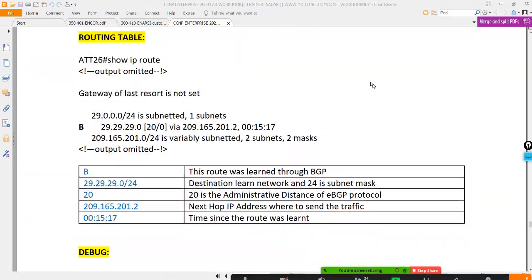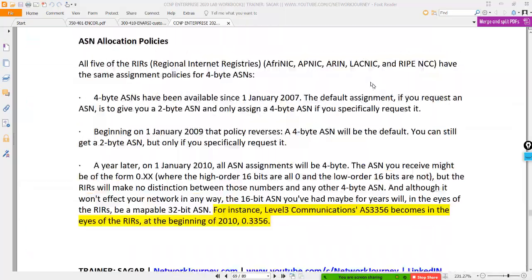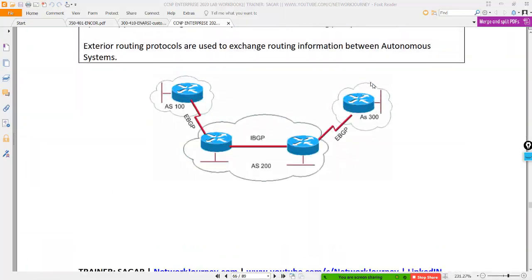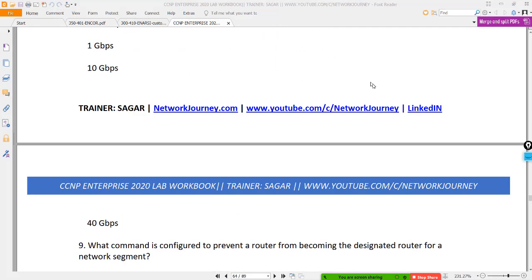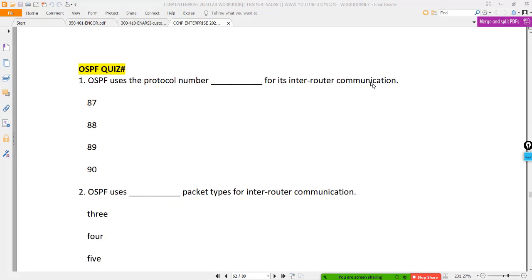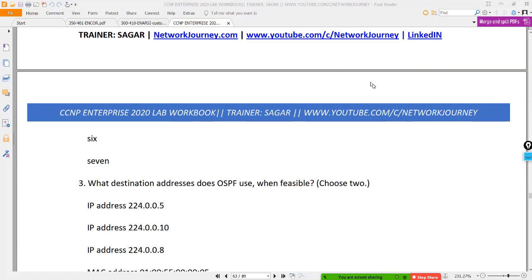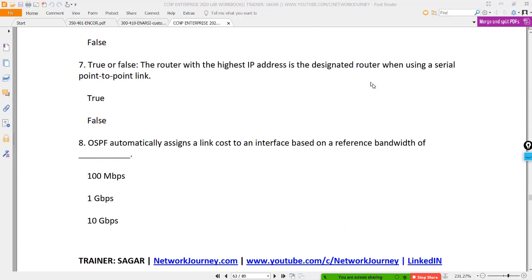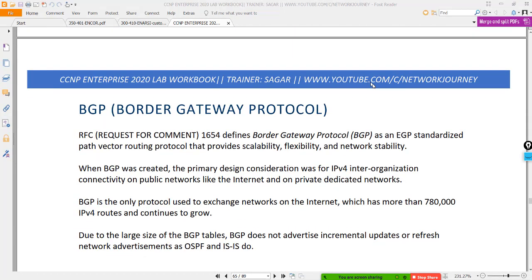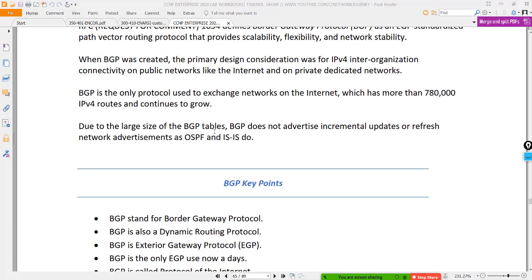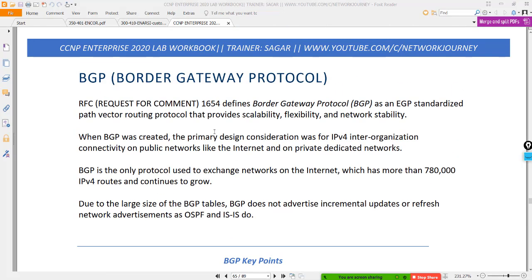Okay. So let me remind you, we are going through BGP, Border Gateway Protocol. We covered part A and part B so far. So this is your third class, part C or part 3, whatever you take it. So let me open up this. This is what we discussed in the previous classes.